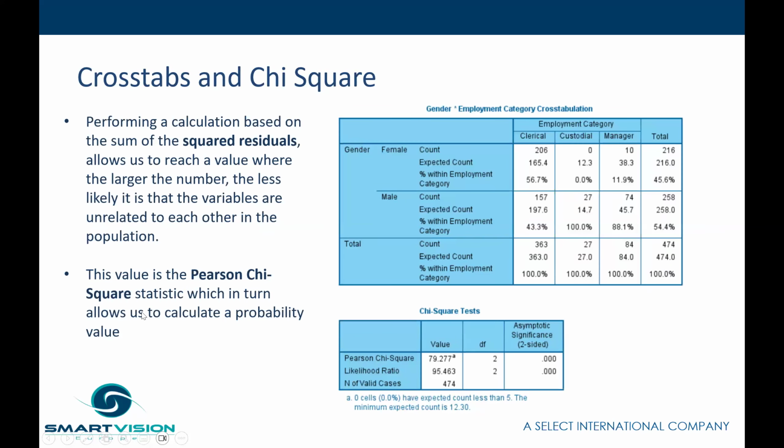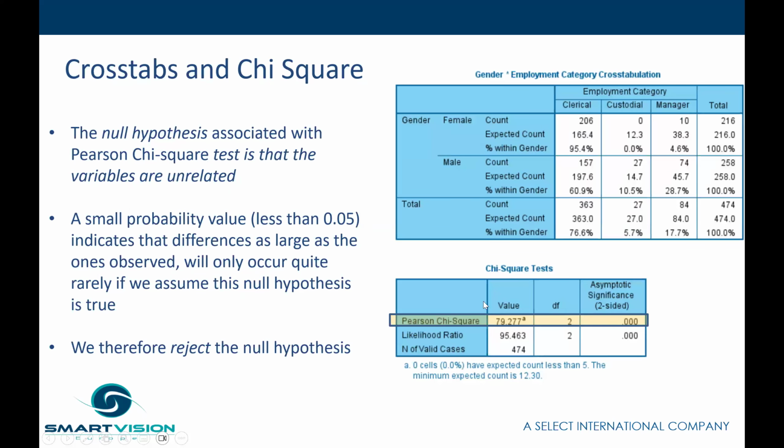And the Pearson chi-square statistic is calculated from that, which we can then turn into a probability value. Okay. And here's the probability value here. The null hypothesis associated with Pearson chi-square test is that the variables are unrelated. A small probability value of less than 0.05, that's the alpha level that most people work towards, indicates that